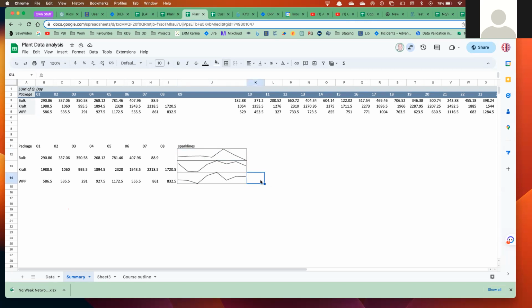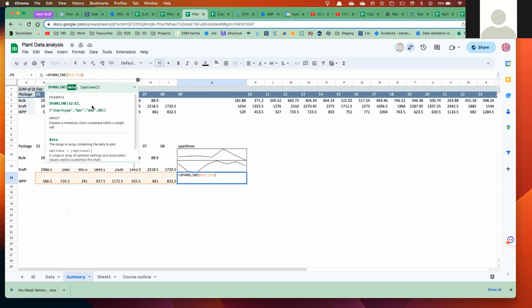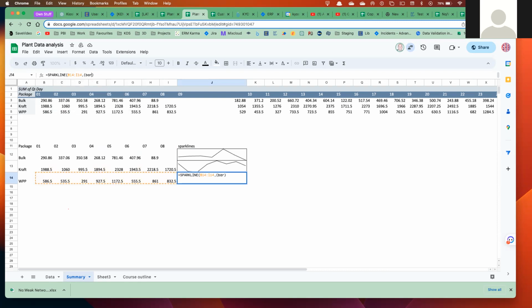If you are not in a position to have charts, or if you have too much data that you can't put in charts, you can always have sparklines and it will explain better to those people who will need to look at it. Now, if you want to go forward and put other options, I'll come to this formula. When you say comma and you open those curly brackets and you put a chart type, if I put bar chart,